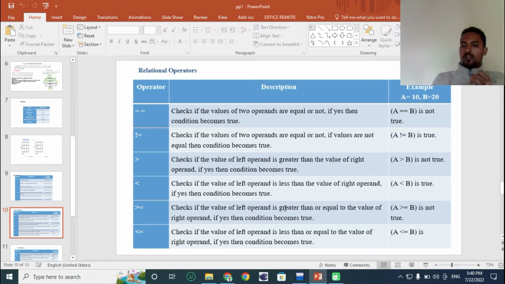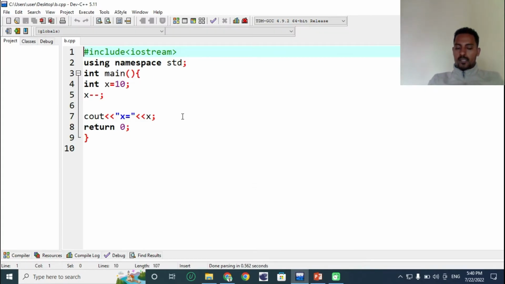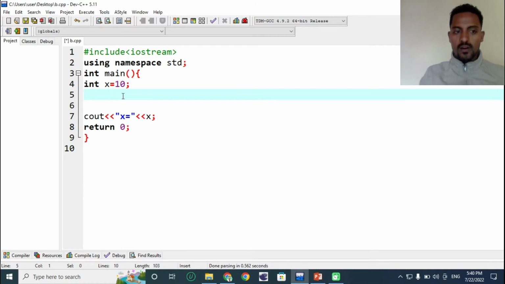ሪሌሽናል ኦፕሬተር ማለት ፋይናል ኢንድ አውትፑቱ ትሩ ኦር ፎልስ የሆነ ማለት ነው። ኢፍ then የሆነ ኮንዲሽን if that condition is true then the output is true, if that is not true then the output is false. እሱኛውን ፕሮግራም በC++ ፕሮግራም ኮንሴፕት እናያለን ማለት ነው። For example, let's create one variable here,